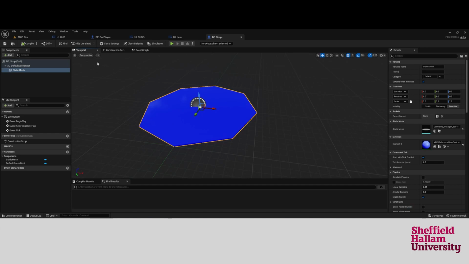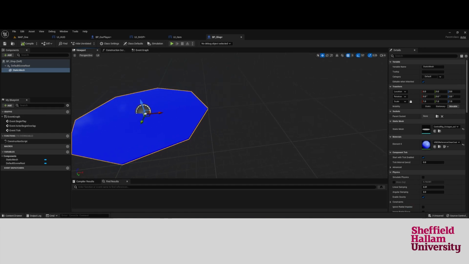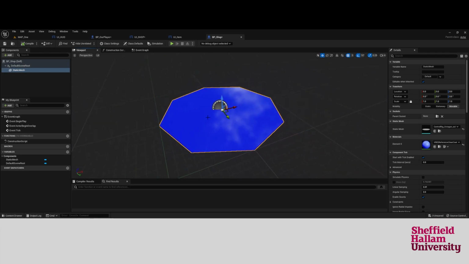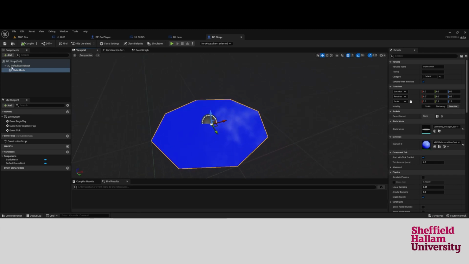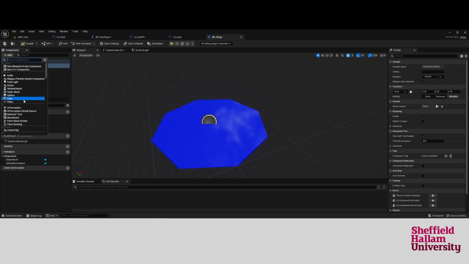Not really much better than the green, but we'll leave that. So this is the area of the shop. It reflects the light. I see what's going on there. So if we add another component, this time